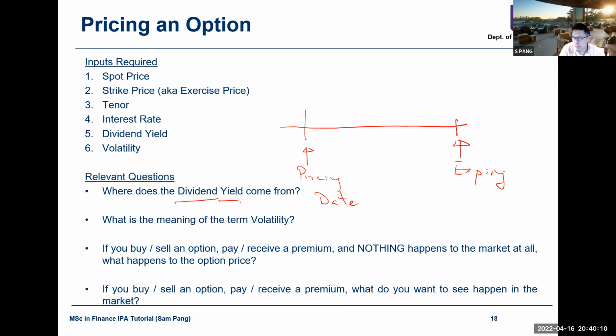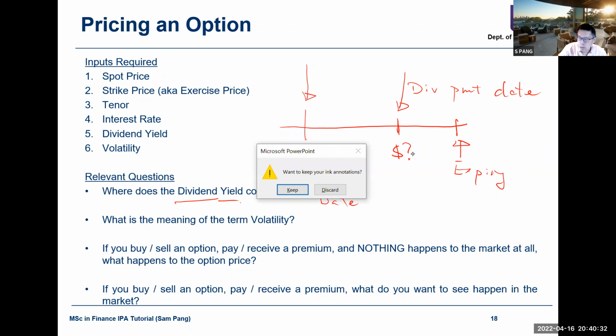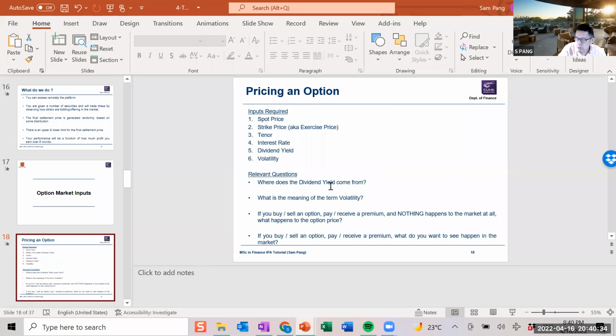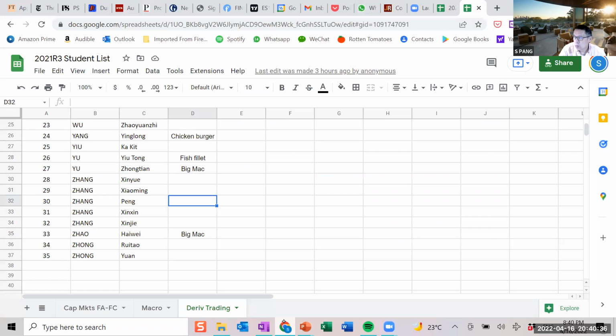And if there is a dividend payment, here is the payment date. Now, quite often when you are here, you don't know how much will be paid. Okay, now just to give you an idea,